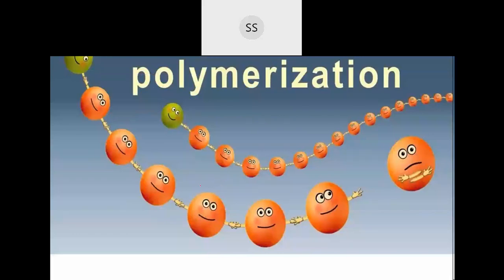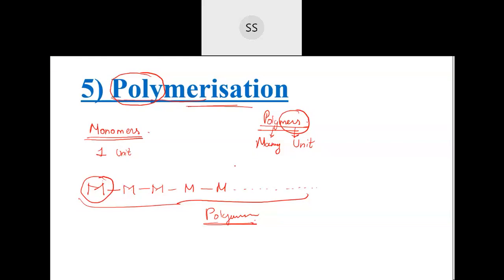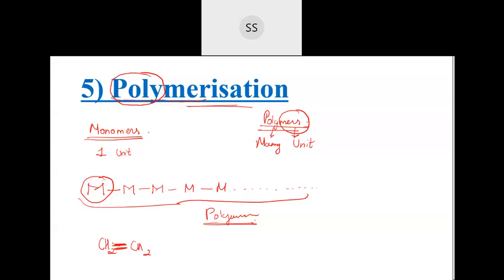Now the example I am taking for this is just like a daily life example. Usually we have two hands. If I consider these two hands as a pi bond, I am considering this because it's for alkene. If I take CH2 double bond CH2, you can see there are two bonds present, and these two bonds are nothing but electrons. If you break one bond, the pi bond, because that's the more reactive one, you will get one radical here, one radical here. Like that many molecules will be there.